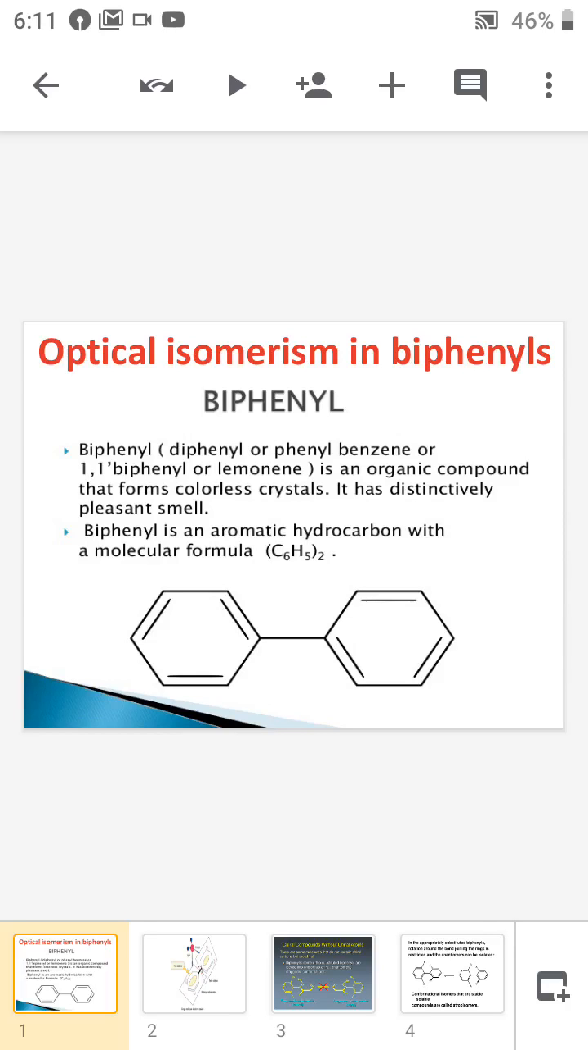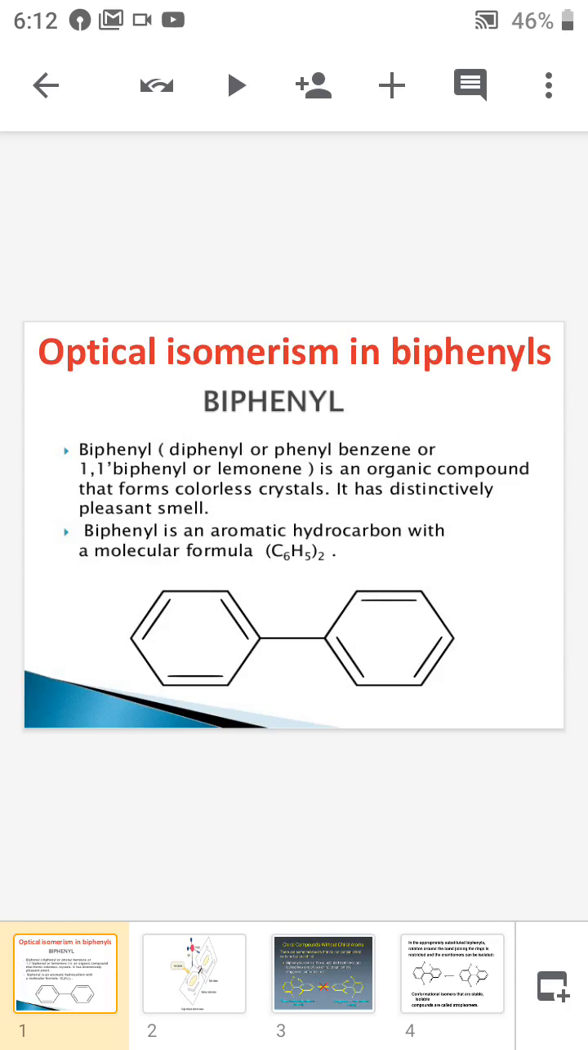Good morning, everybody. Today we are discussing the next topic of stereochemistry, that is the optical isomerism in biphenyl. Biphenyl is otherwise called diphenyl, or phenyl benzene, or 1,1-diphenyl. It is an organic compound and the general formula is (C6H5)2. See here, this is the structure of diphenyl, in which two phenyl rings are connected by a C-C sigma